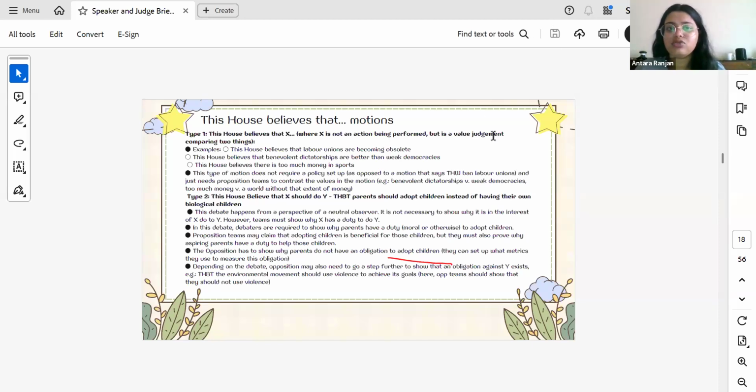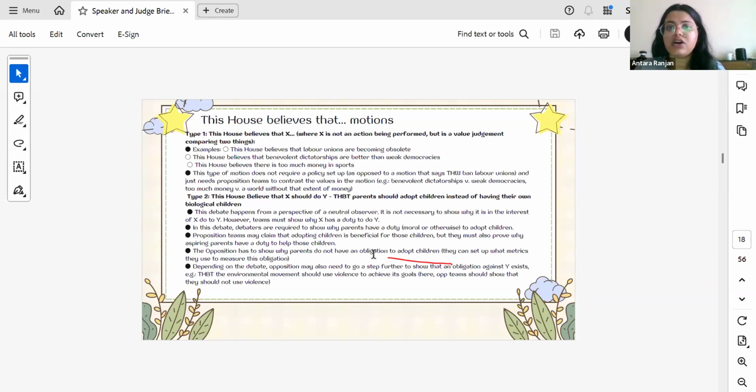Yes, the counter model has to counter only the proposition's model. You can propose a new model if you want, right? But you can't not rebut side government's model at all. If you don't engage with what the government is saying, then there's no point in the debate, right? If you're having a parallel debate, if you're not engaging with the arguments the other side is making, then the debate is redundant, right? Then we might as well not do it.